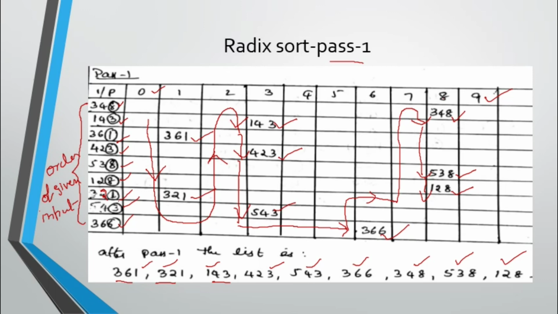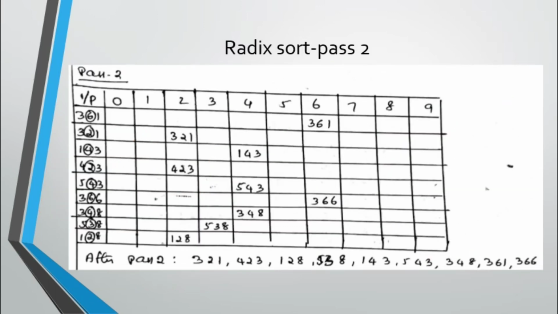Everywhere we do the same, here also we do the same, as simple as that. The same steps you need to do, but there is a small change. Now let us go to pass 2 and see what the small change is. Now in pass 2 you need to circle the tens place, and the vertical table is again the same, 0 to 9. Input is nothing but the output of pass 1. So in that way you have to write the numbers.